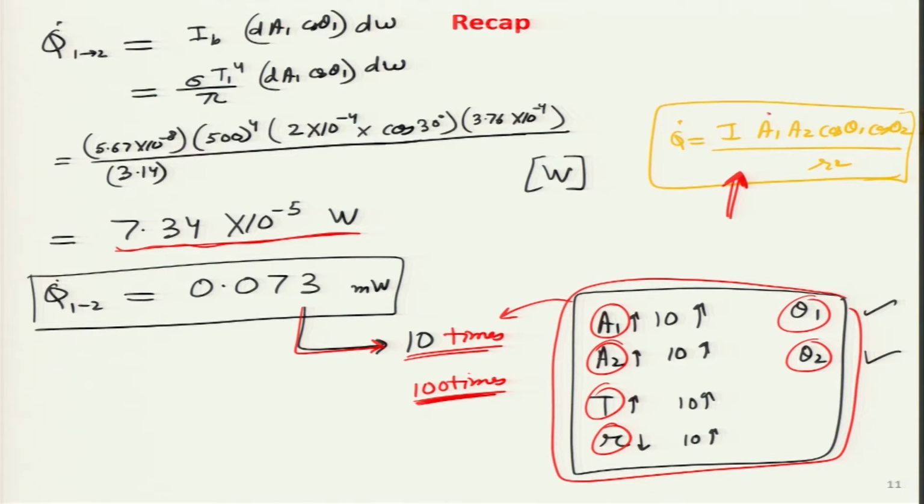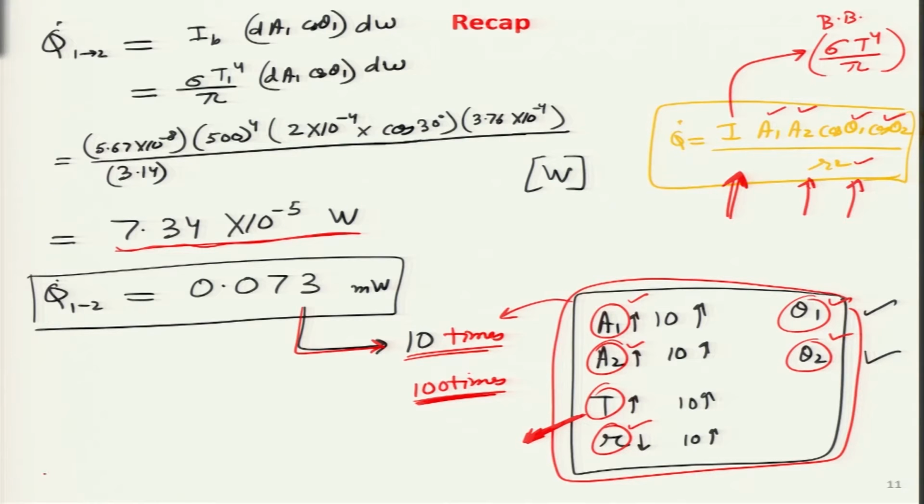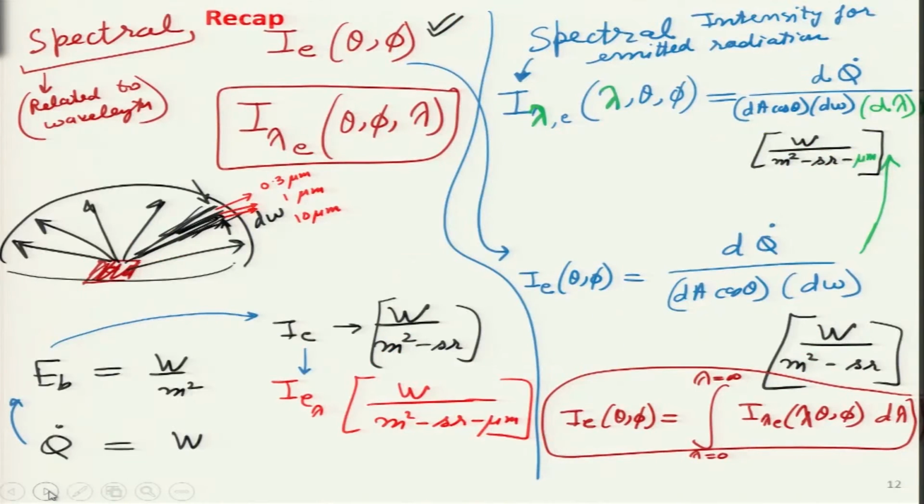So, over here we can recognize area A1, A2 is coming over here, then distance r square is in the denominator, theta 1, theta 2, but where is the temperature term? So, it is kind of hidden inside over here. How is it hidden? Because if it is a black body, then I and T are directly related with one another. So, this turns out to be a very long calculation and complicated equation, but believe it, it is actually in reality a very simple thing that we are doing. So, this is a very interesting concept.